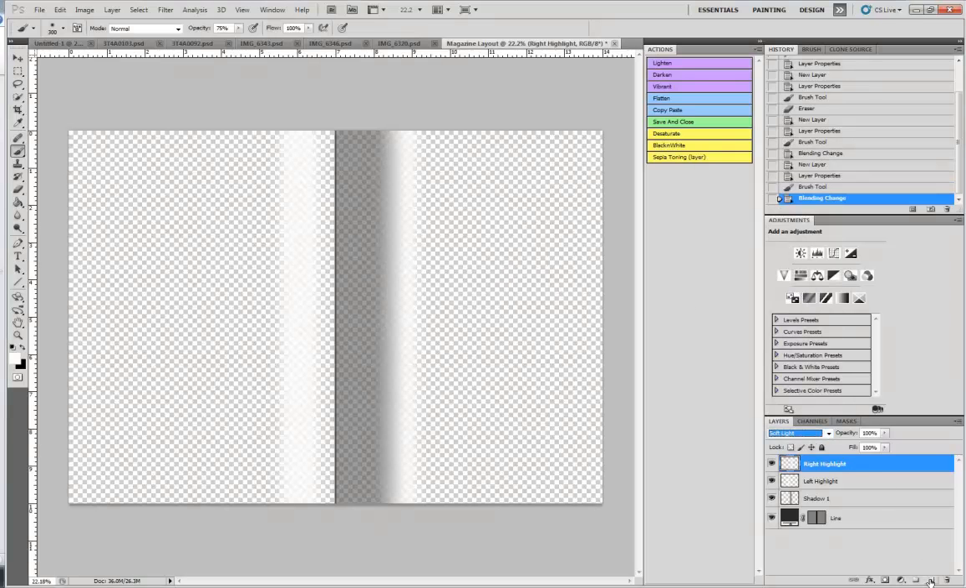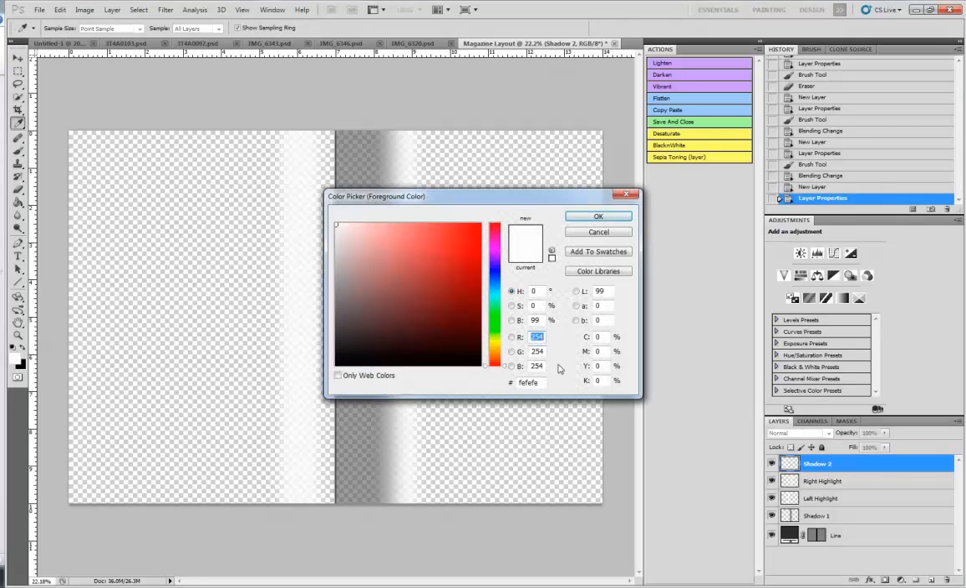Okay, now one more highlight, and this is a bit darker shadow on the inside of the previous shadow. So we're going to rename this shadow 2. Okay, we want to go over to our brush tool again. We still want the same settings, 75, flow 100. We want to change this back to